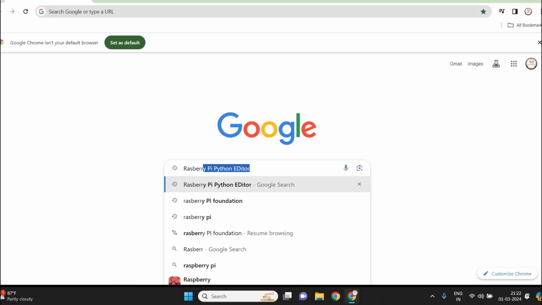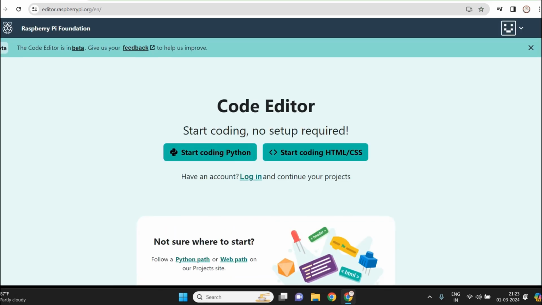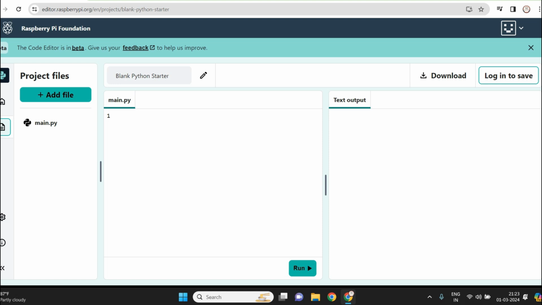You need to type Raspberry Pi in the Google search, and this is the Raspberry Pi code editor. Once the page is open, click on Start Coding Python. We will see the letter by using this Raspberry Pi to run the Python code. Now there is no need to run our machine at this moment because we can run the code online using